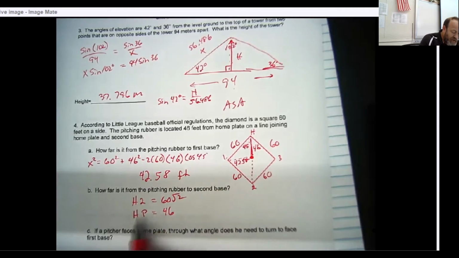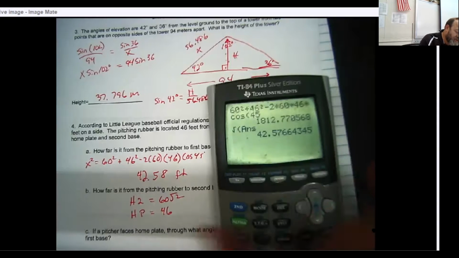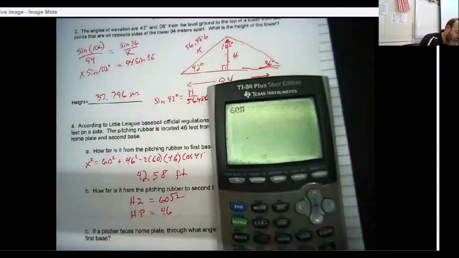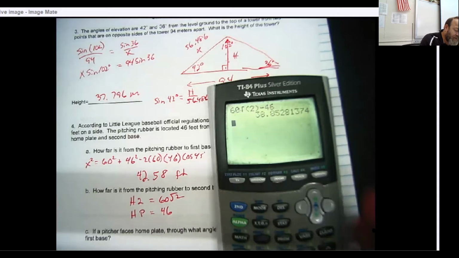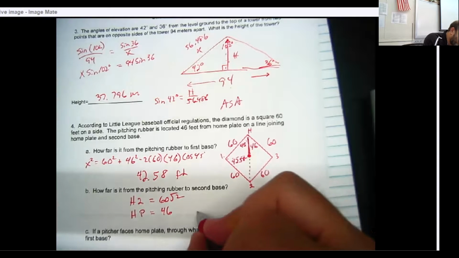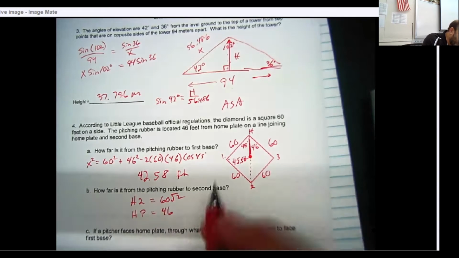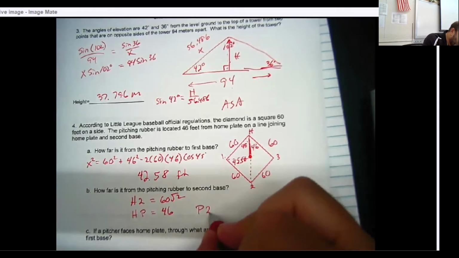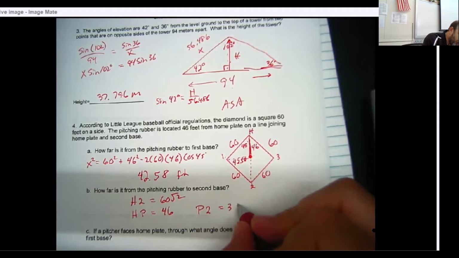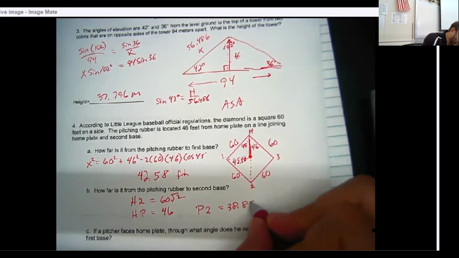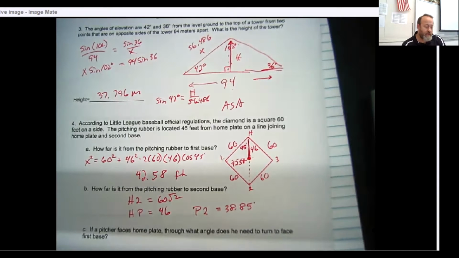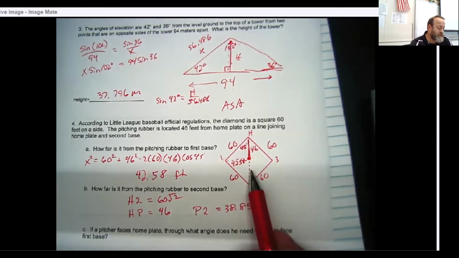So all I really need to do is take the entire distance away, 60 root 2 minus 46. And so we find out that from the pitching rubber to second base would actually be 38.85 feet, which tells me that the pitcher is actually a little closer to second base, and they